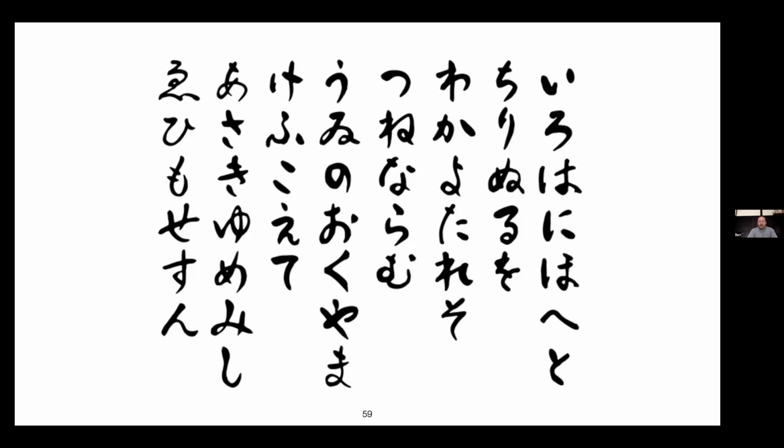And this one in particular is very special. It's called the Iroha, and it's a poem in the form of a palindrome. So each of the hiragana characters is used only once, and it's a poem that all Japanese children learn in their early educational childhood. And it translates as thus: